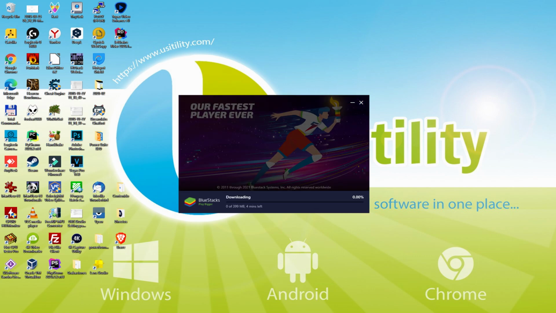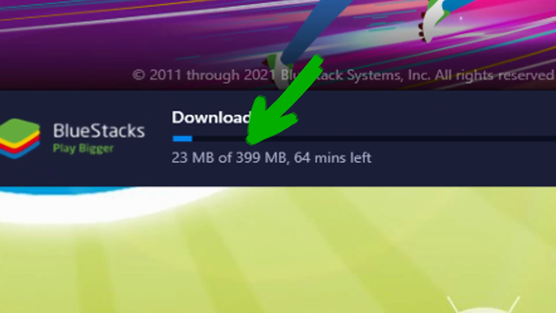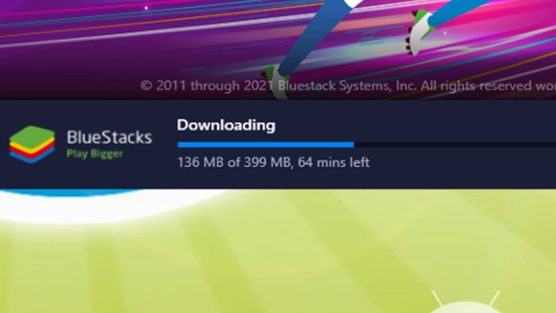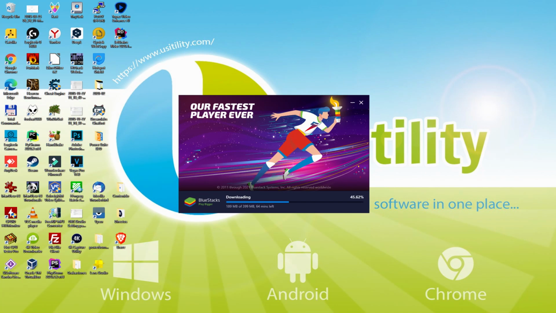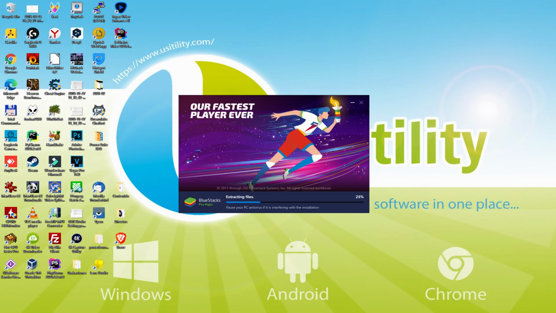Great! The installation begins and it will commence the download of all these MB that are shown on our screen. As you save it on your hard drive, it could be more or less megabytes. The data transfer speed will go faster or slower, subject to your internet and depending on the performance of the emulator servers. Right now they are progressing extremely fast. The download is finished, and now it proceeds with the installation phase.